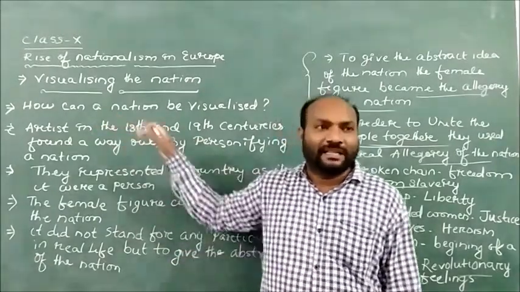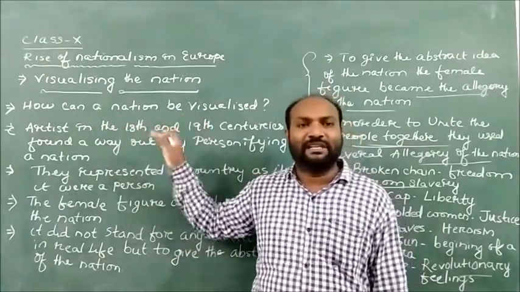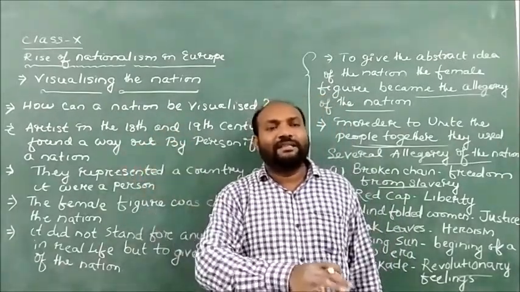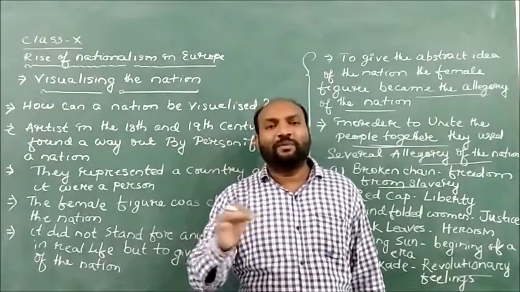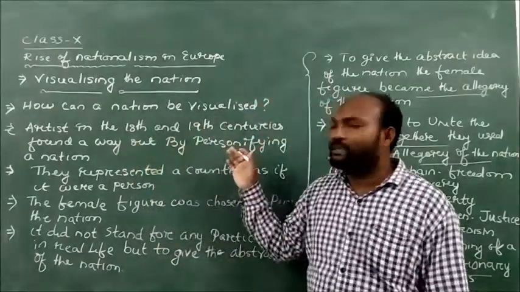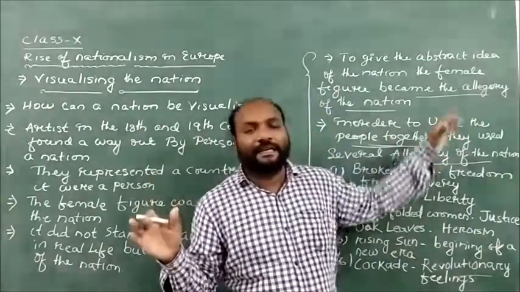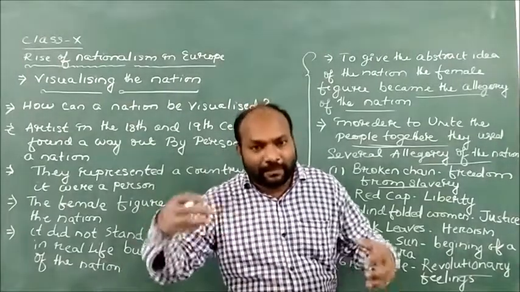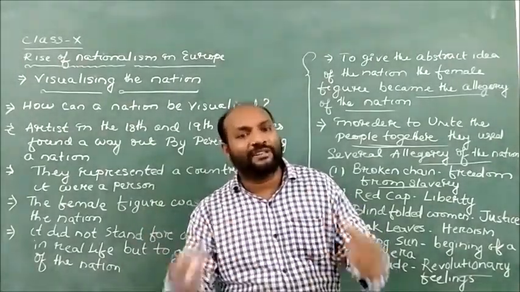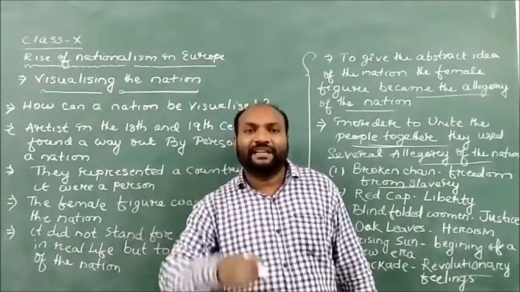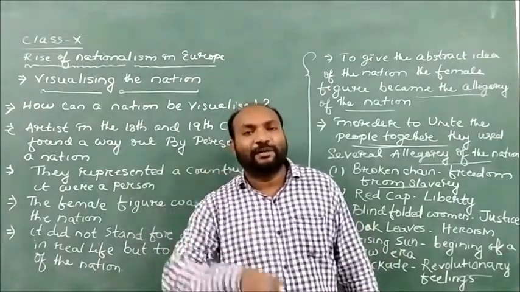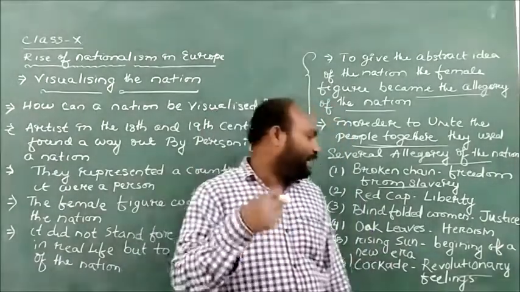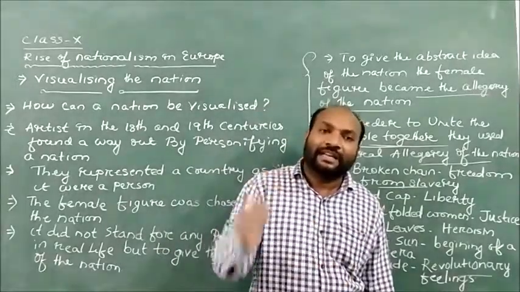In the same way, we see the French artists of the 18th and 19th centuries, in order to involve the people in the nationalist struggle movement, used all these allegories in order to unite the people together, so that the people will come together, join their hands together, and make their nation. They will fight for their nation. They will fight for liberty. They will fight for justice. They will fight for freedom. They will fight for the beginning of a new era in society.